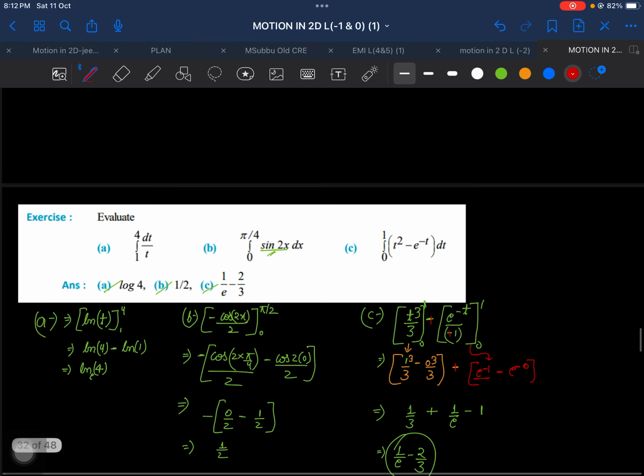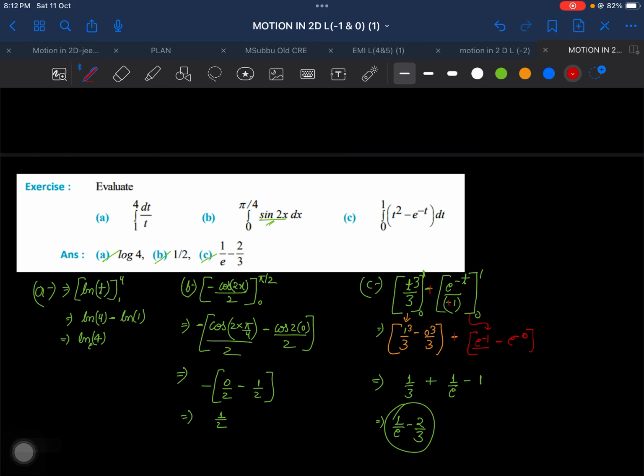Now in this lecture I have covered the basic concept of integration, how to integrate, right? In the next lecture we'll go through the physical meaning of differentiation and integration. I hope this thing is very much clear,